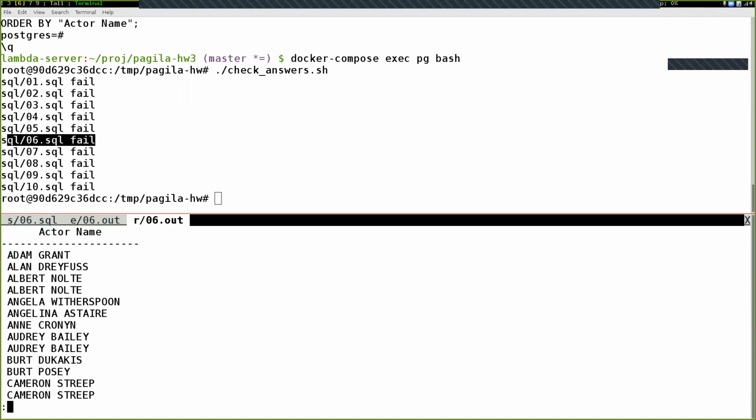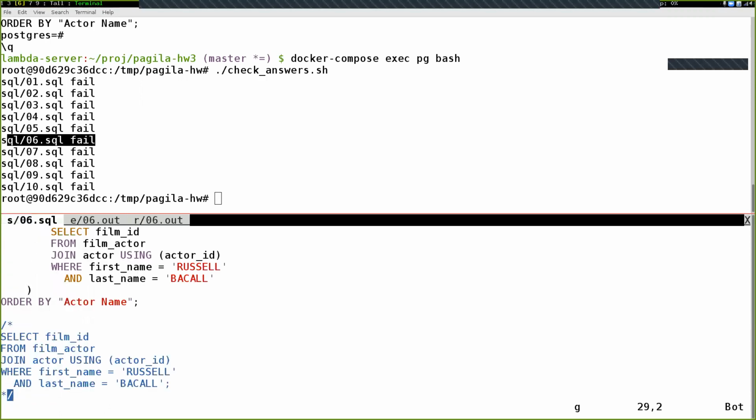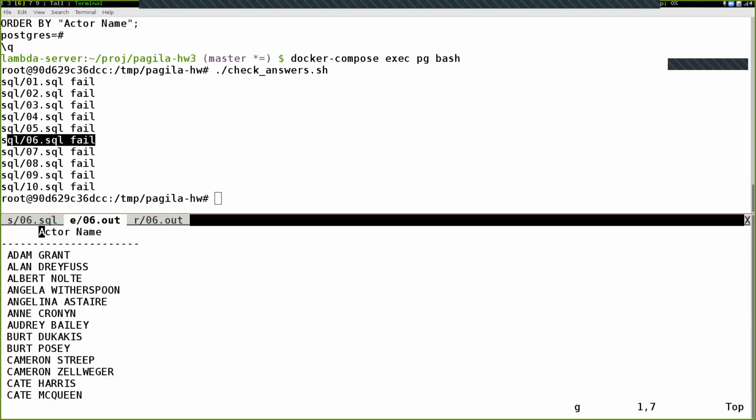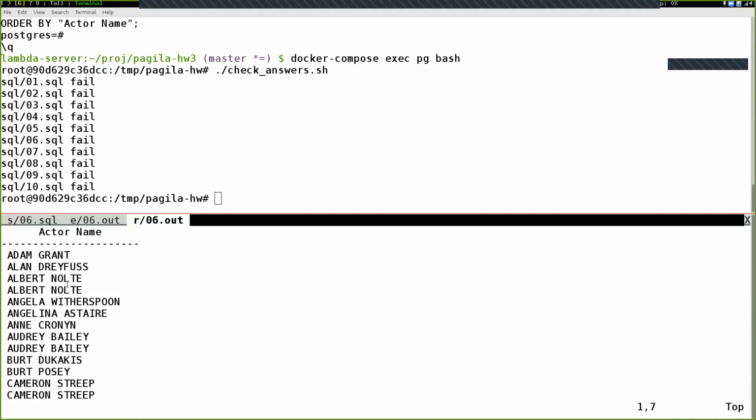So again, :tabe opens up a new tab, and then gt cycles to the right, gT cycles to the left. And then you can switch back and forth between these two things, seeing what exactly the difference is. And here, one of the things that I'm noticing is that the first three answers were the same. It's this third one down here that